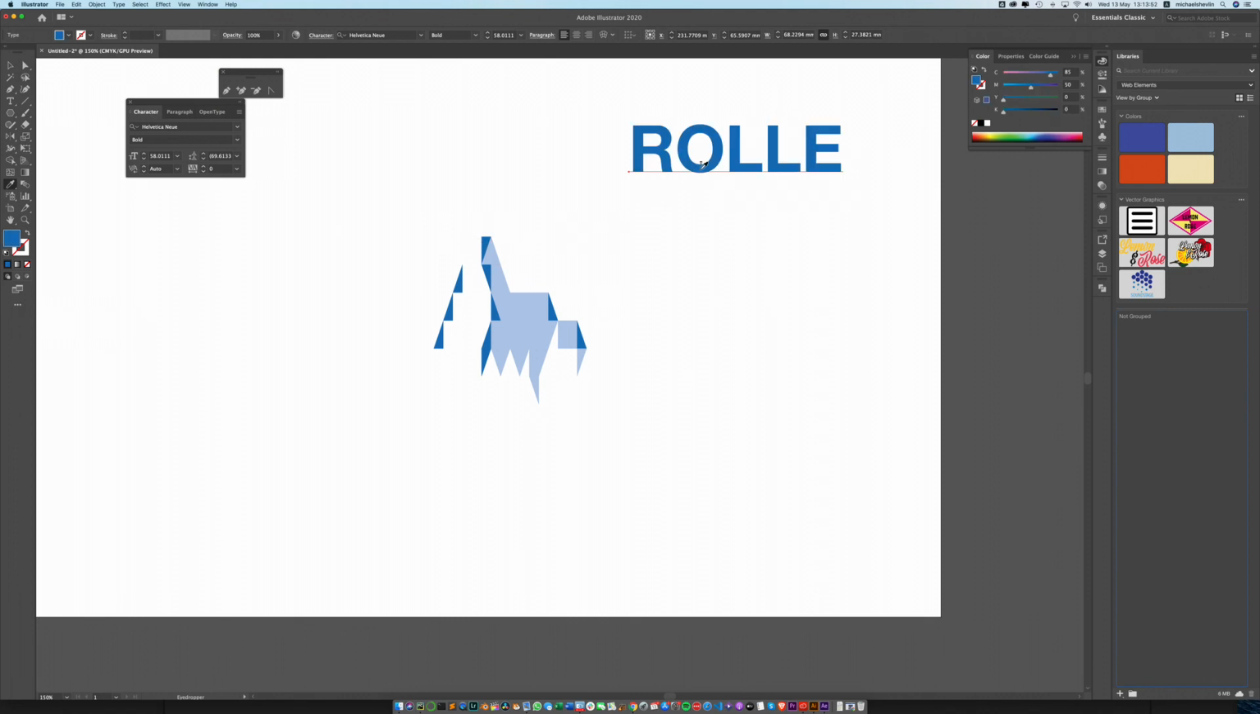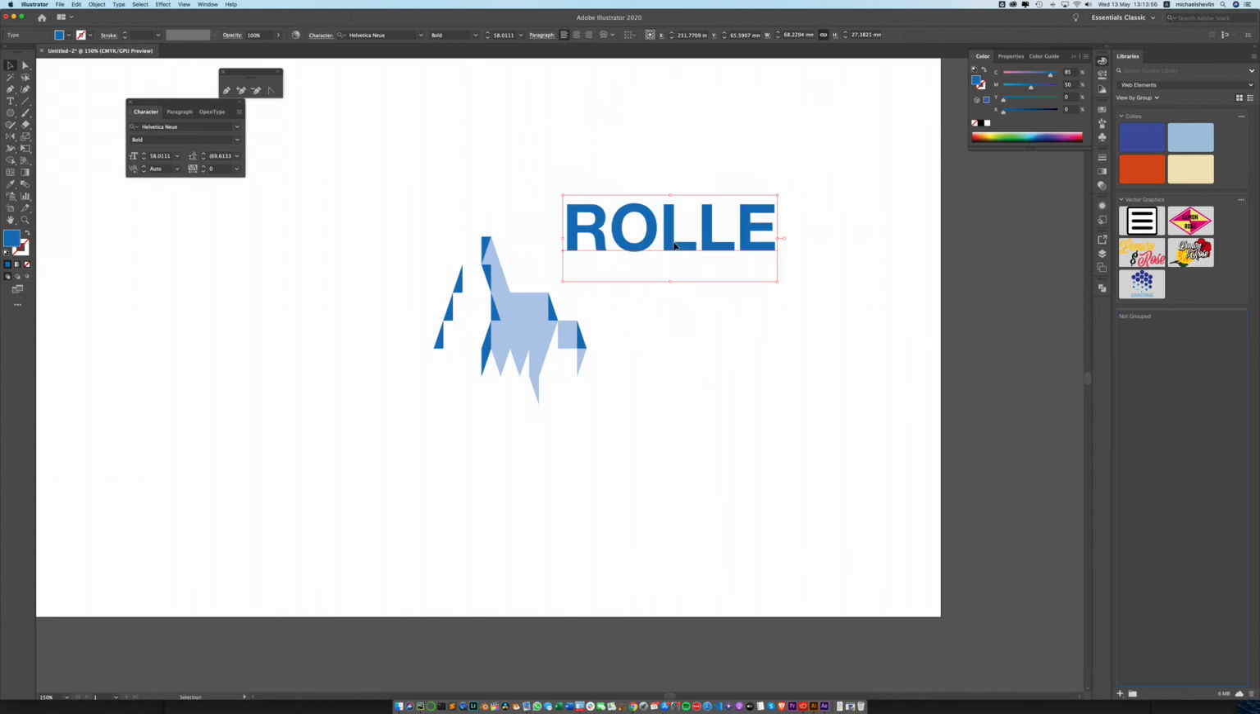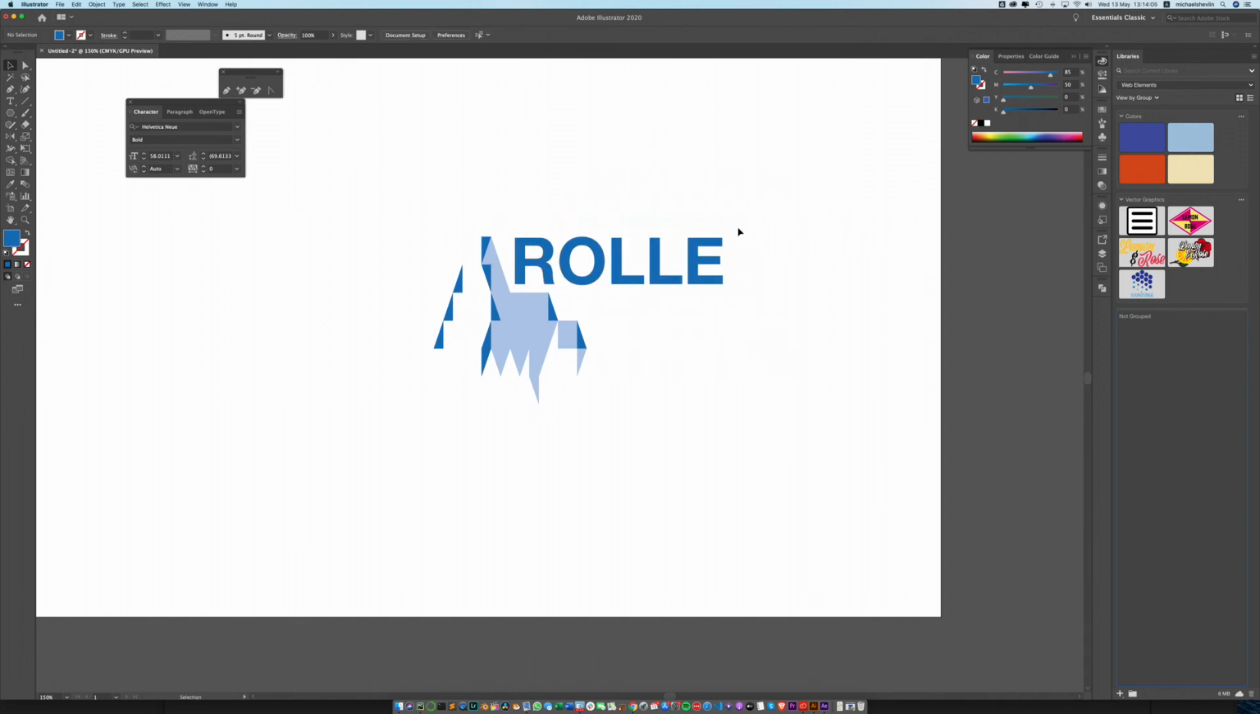The problem is that using this as a font is a bit of a pain, so I'm going to create an outline, so I turn it into an object. It makes it a bit easier to deal with. So I'm going to move it like that. So that looks good. And then my next is going to be